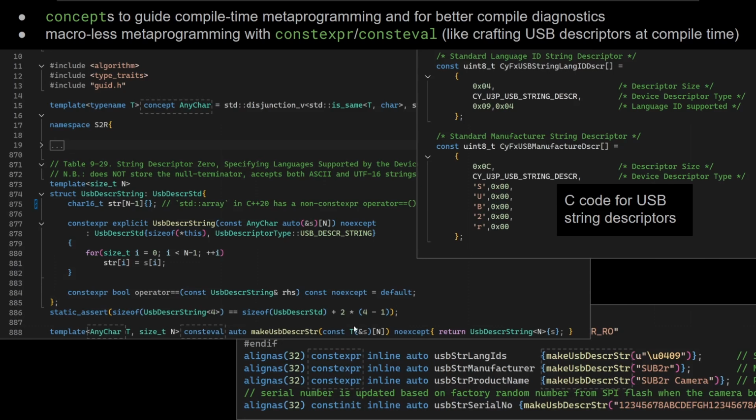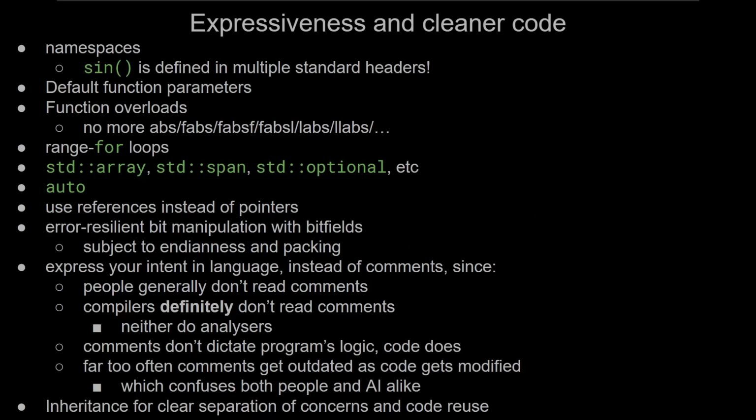In C++, it's all been taken care of automatically with a bit of boilerplate over here, but then the usage side is simplified and is error resilient. You just say make USB descriptor and it will create a variable with that name, and it will auto deduce the proper data type for it, and then you can just use it, send it back over the wire to the caller side. There are quite a few improvements of C++ over C that allowed us to write more expressive and cleaner code,